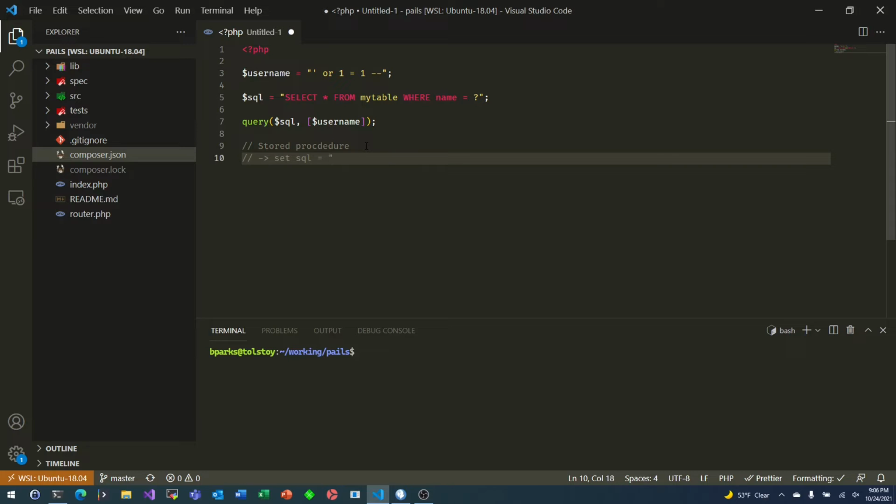Set SQL equals select star from table name, and this would actually probably be like concat, right? And in your PHP code, you might still call the stored procedure. In PHP, call my stored procedure. And if it takes parameters,